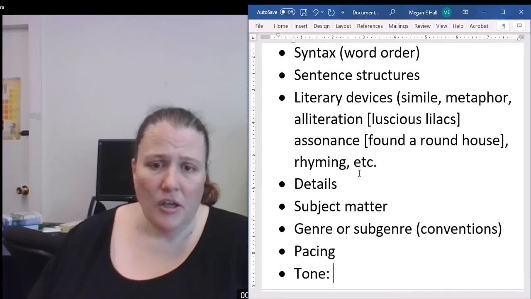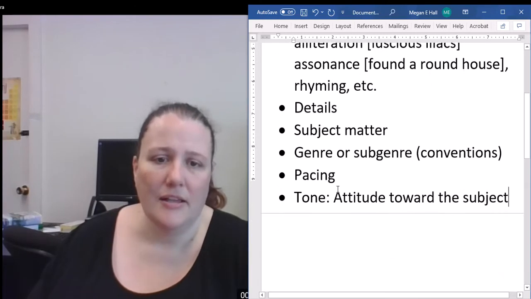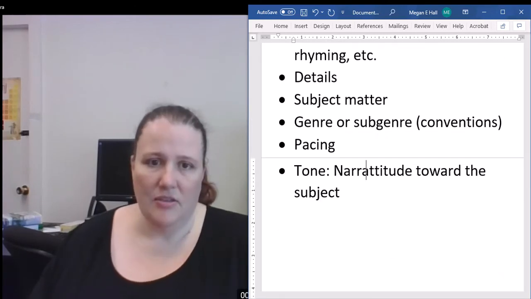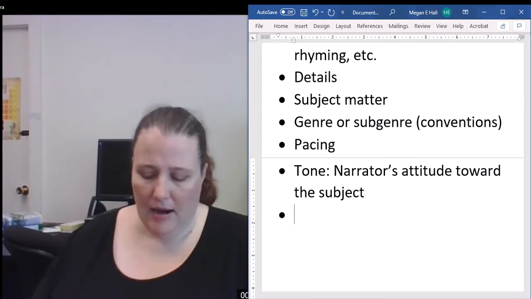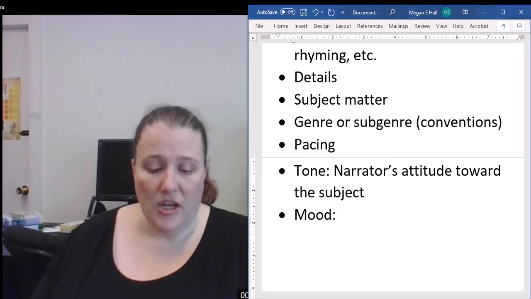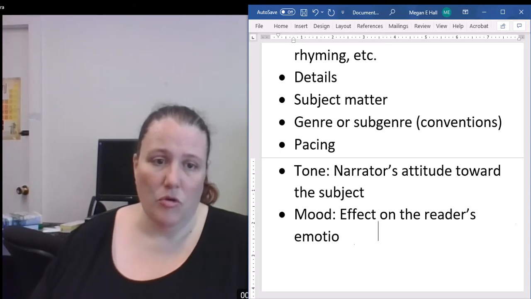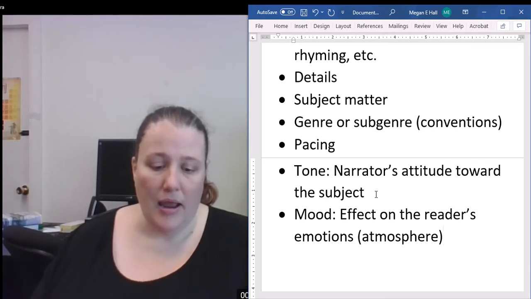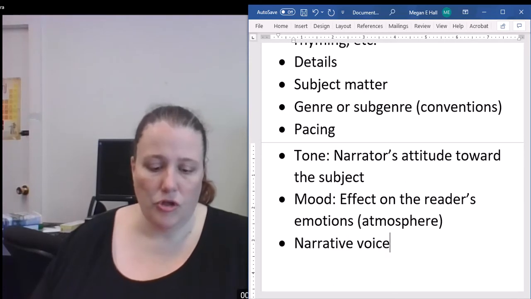Your tone. So your tone is your attitude toward the subject, or if not your attitude, at least I should say the narrator's attitude toward the subject. And then kind of going along with that is mood, which is your effect on the reader's emotions. So sometimes people refer to this as the atmosphere created by the writer. The narrative voice that you choose, going along with tone, I guess I should have put them together,